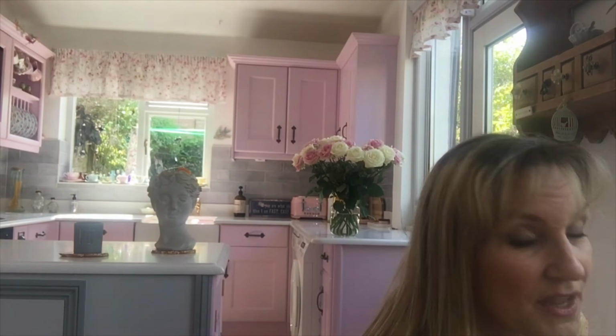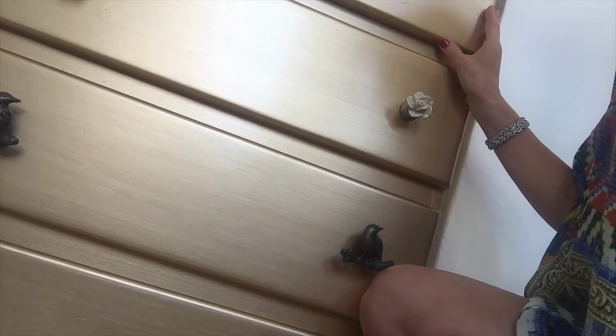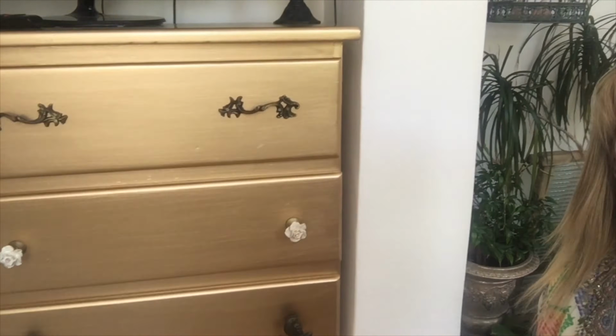But that was in the old kitchen, so I need something new. So I thought I would try and revamp it to match the chest of drawers that I've just revamped. This is my new chest of drawers. Well, it's not new, it's what I've just painted. So all that was I used